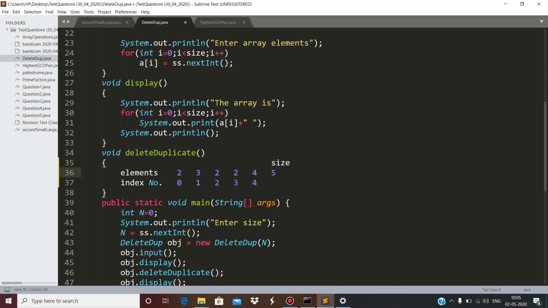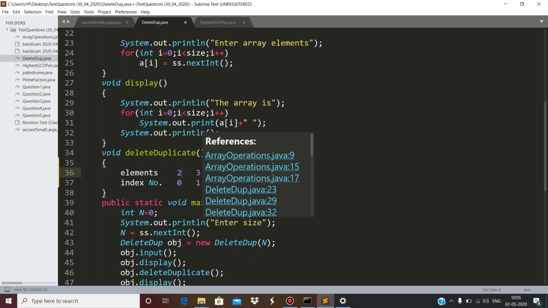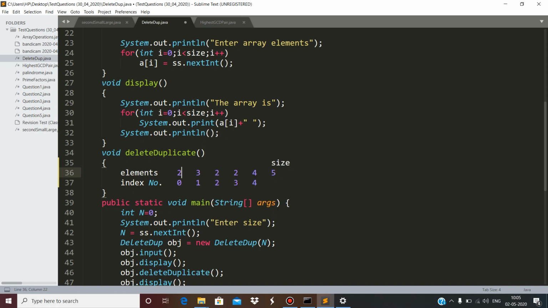This element is the duplicate of this one, and at the same time this element is the duplicate of this one. So what we have to do is delete the element at index number 2 and the element at index number 3.